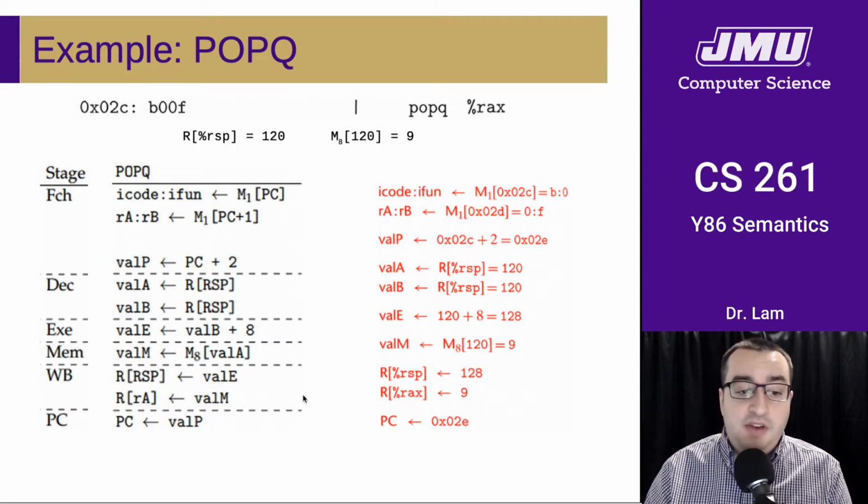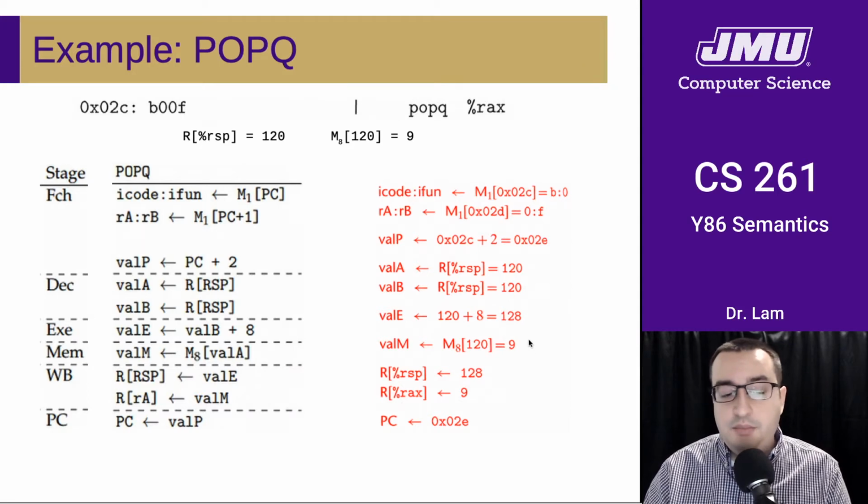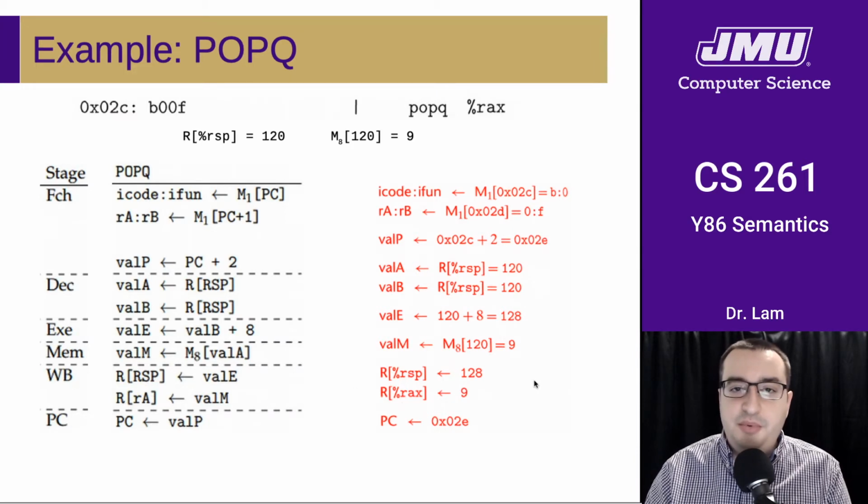Moving into the write back phase, and you can see the concrete values over here. I'm sort of talking through what's happening, but the actual numbers are over here. And then when we get to the write back phase, we actually have 2 registers that we're writing. So you remember that our register file supported up to 2 writes. So we're writing the new value of the stack pointer, which is going to be our newly calculated address coming from the ALU. So that's 128.